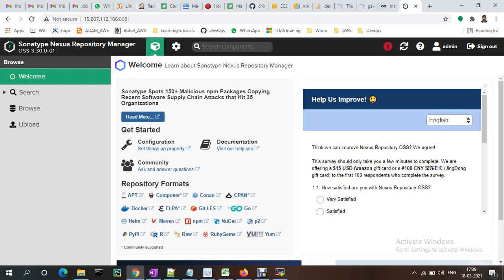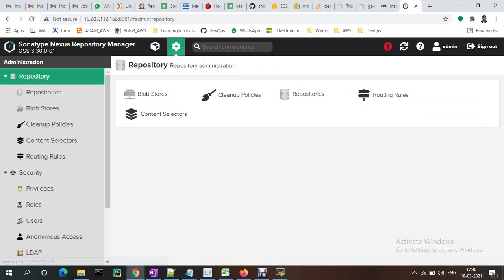In this Nexus repository you can keep any repositories, like Maven repositories and Docker images, everything you can keep under Nexus. For this, if you go to settings, repositories is there.